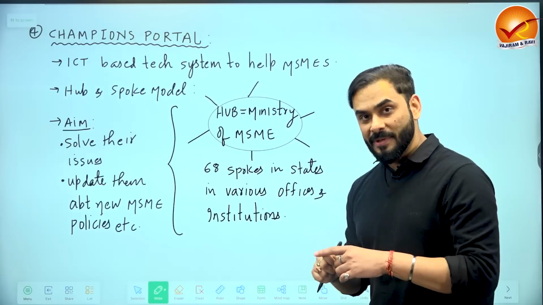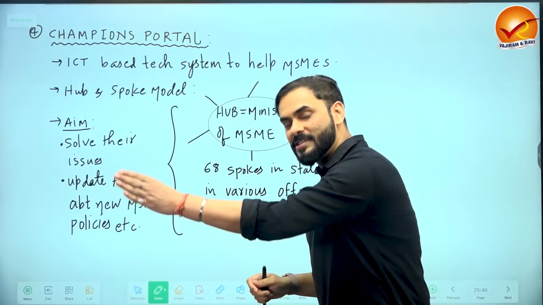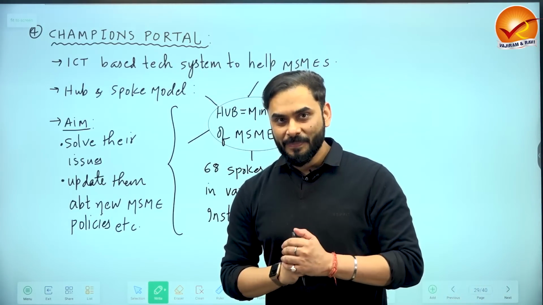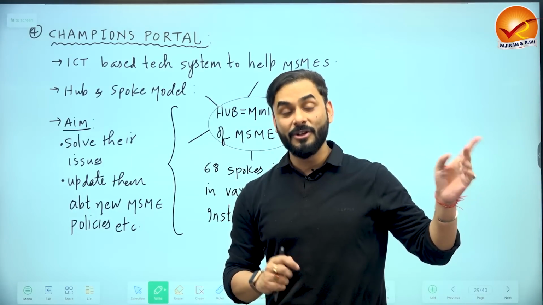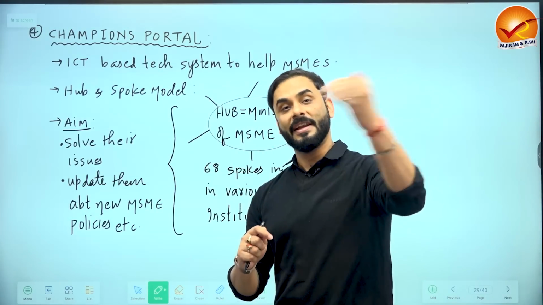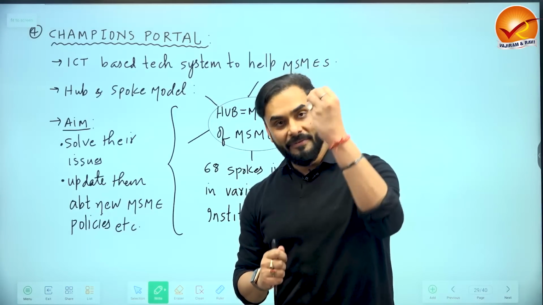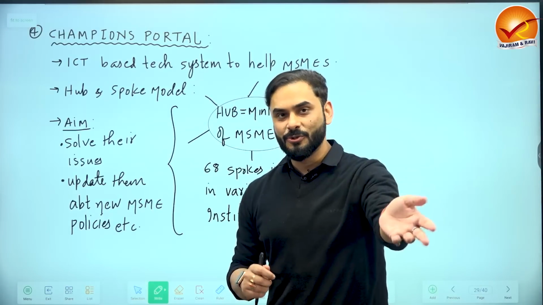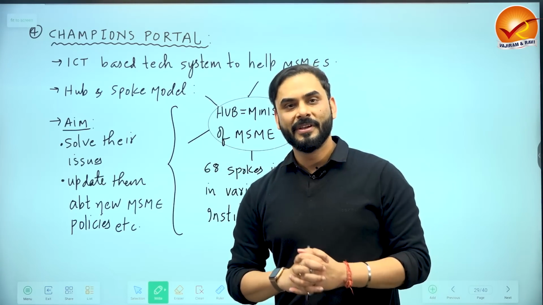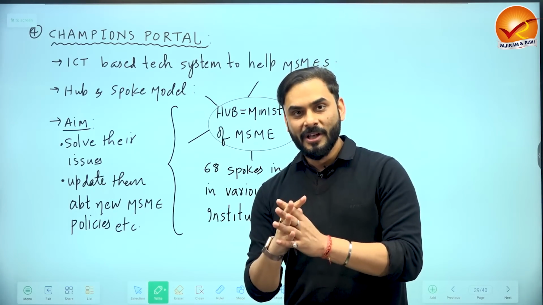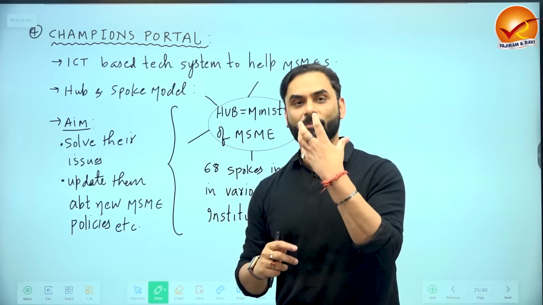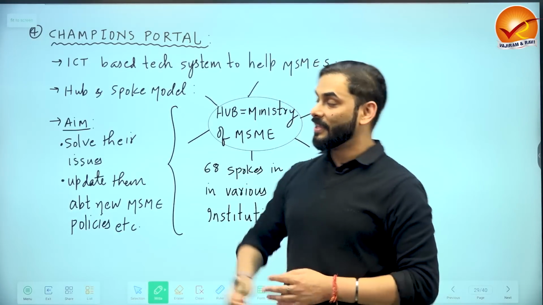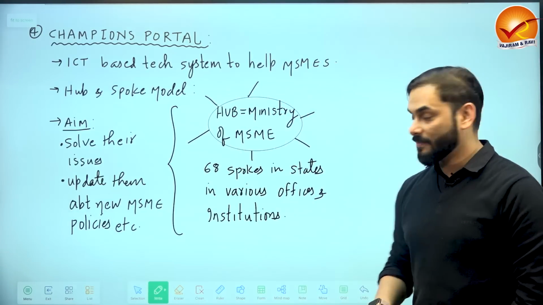And this Ministry of MSME has established different offices and institutions in different states of India. So suppose Ministry of MSME is sitting in New Delhi, and across different states and union territories of India, you will see different offices and institutions which are connected to the Ministry of MSME. Whenever there is any problem for any MSME sector, they report the problem to those offices and institutions, the problem comes to this ministry and they solve it. This is how they launch schemes, they solve problems. So there is an interconnection between the hub, the most important ministry, and its sister concerns, its offices and institutions. This is the new development in the field of MSME.